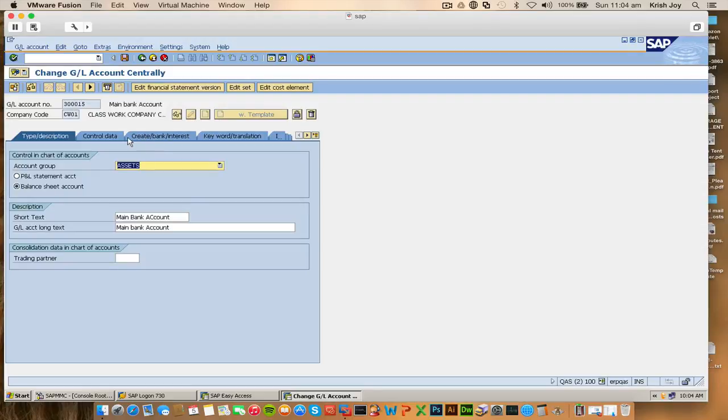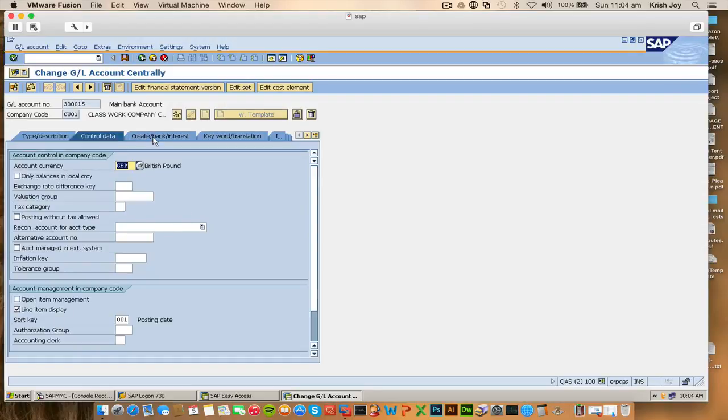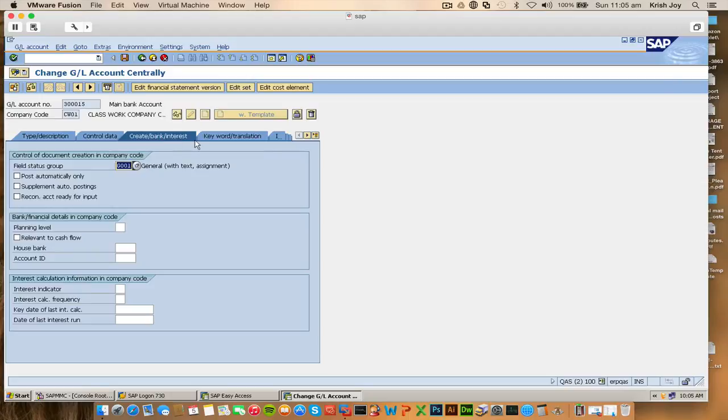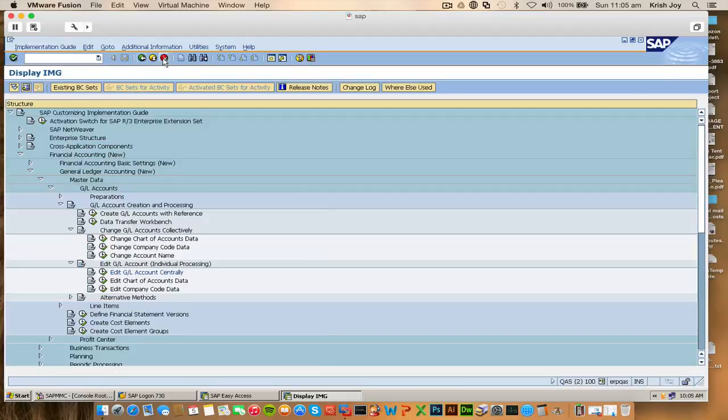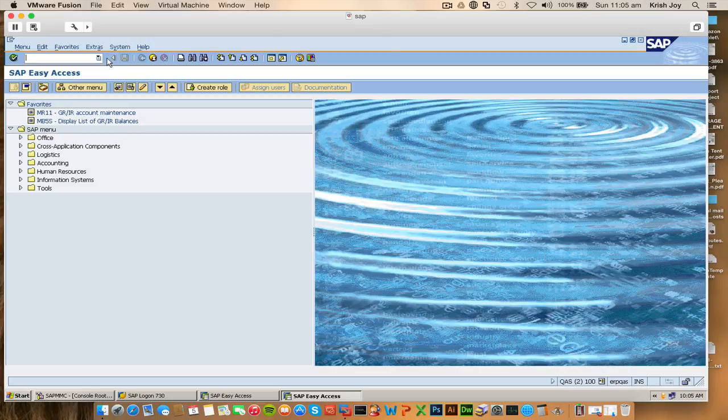Yeah, because this is the most important thing, I thought let me cover it first. So in these steps we have 6 steps, 6 activities, right? If I click on the first button, all company code,